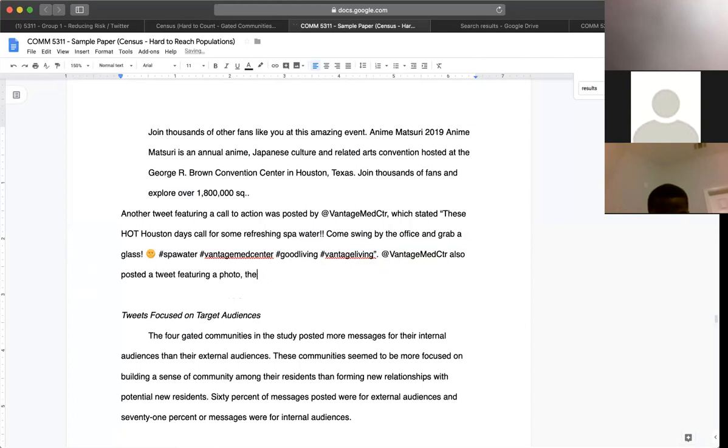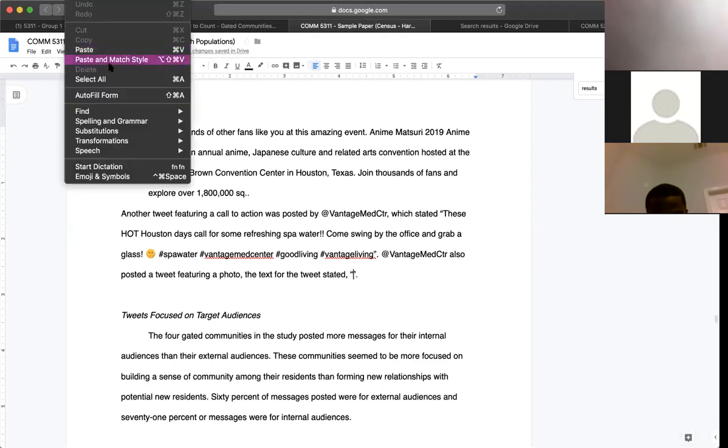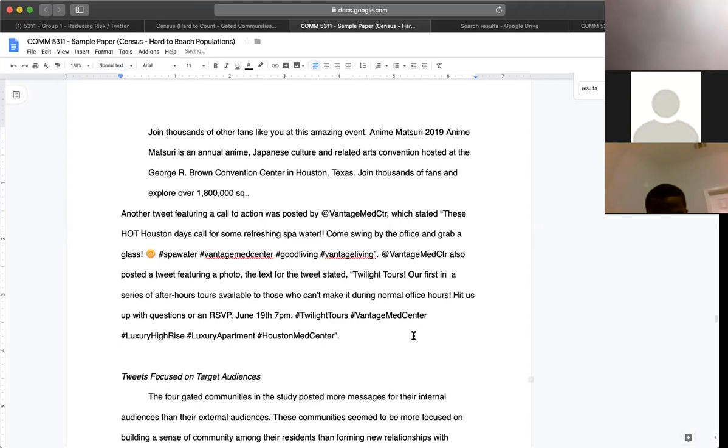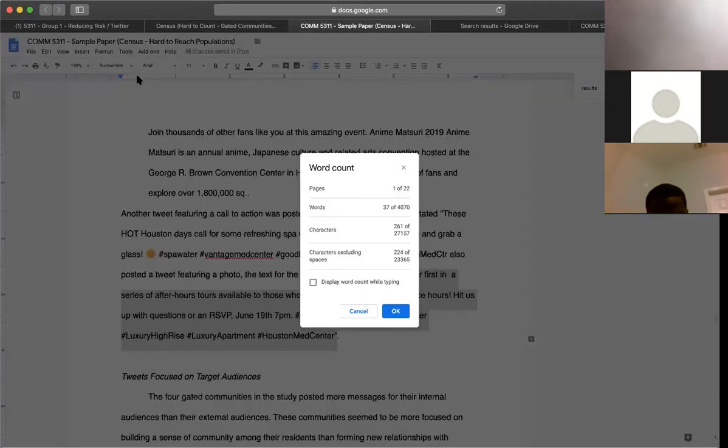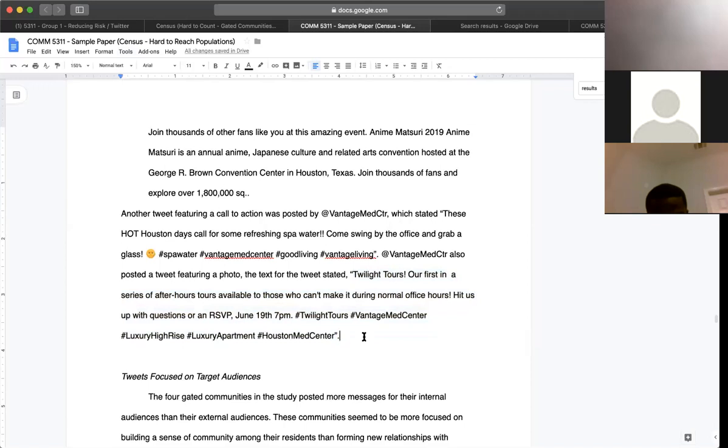The text for the tweet stated... And I'm not sure if there's 40 characters. Let's see. 37, thank goodness. So 37 characters, and then you put another